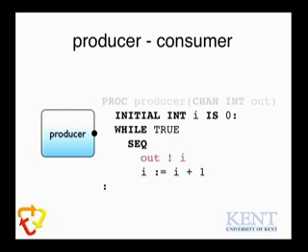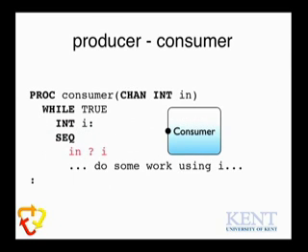Now, you'll notice perhaps that Occam uses indentation in order to denote scope, much like Python does. But what we have here really is just a process that loops forever, outputs a number, and that's denoted by the bang. And it basically outputs i, and then it increments the number, and we go around again. The consumer is pretty similar. Again, we have a named process. This time it has a channel, which we call in, because we have things coming in. And it just consumes numbers,